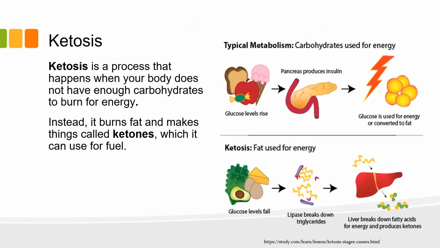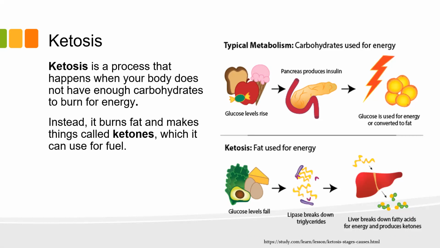If you take a look at the top part of this image, you can see it's talking about when we have enough carbohydrates, the pancreas produces insulin that helps our cells take that glucose and use it as energy. When we don't have glucose in the blood, our body will start to use fats, which is not really a bad thing. In fact, we do this all the time. If it's been a long time since we've had a meal, or if you are doing some aerobic exercise, your body will use fats as part of the whole metabolic process.